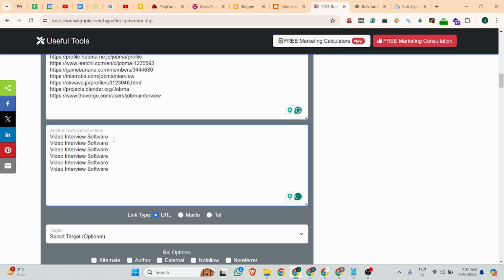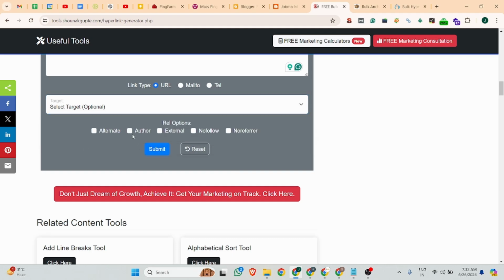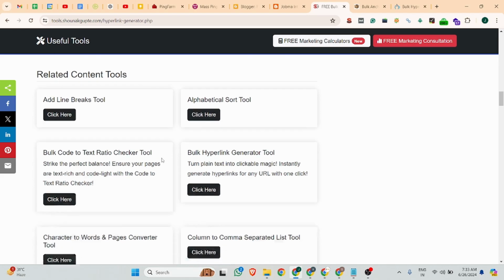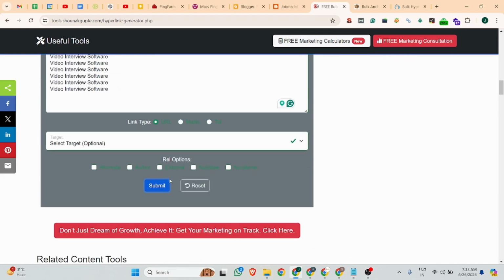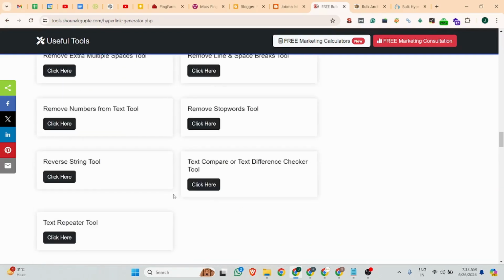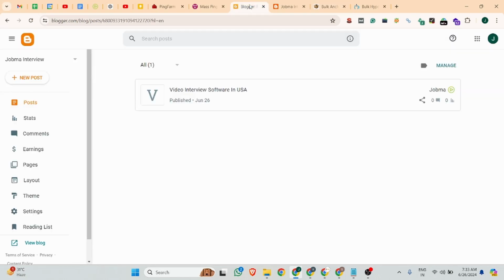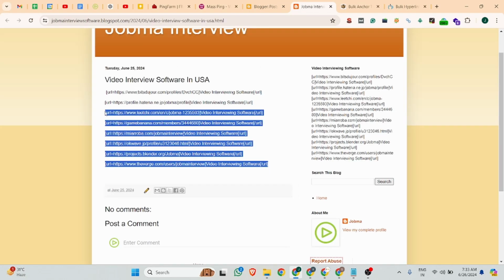Two six 24678, and open a new tab, nofollow, noopener, noreferrer, alternatives, submit. This tool is also not working. So okay, what we can do next,